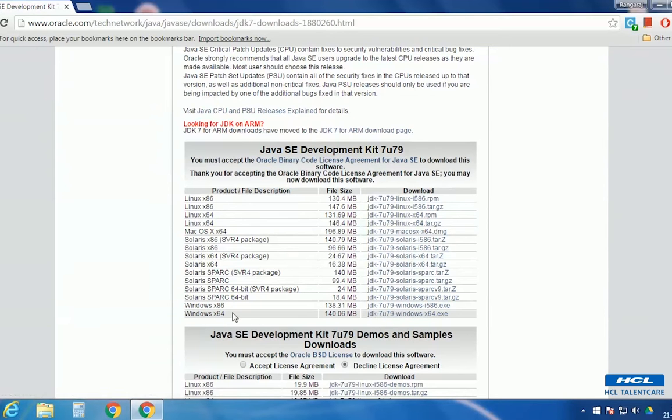For Windows 64-bit versions also, you can download the 32-bit installer file. It can also run in a 64-bit OS. So we will download Windows x86, that is the 32-bit JDK file. Click on the JDK file link.